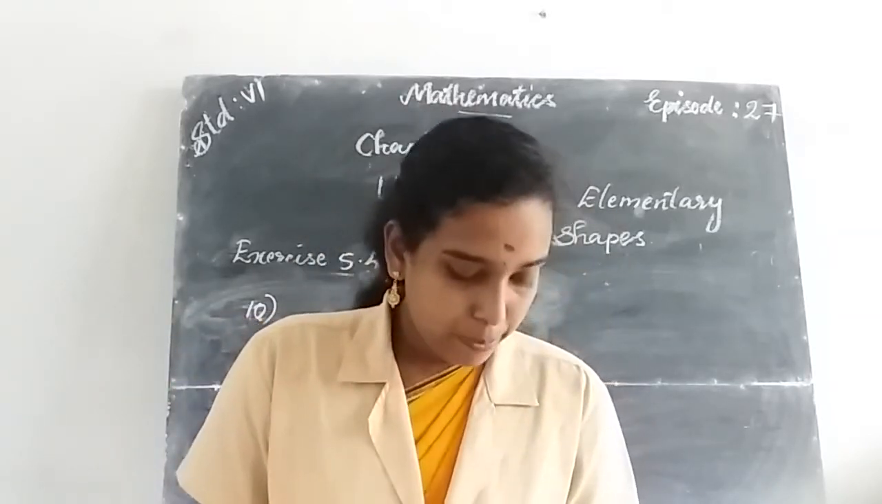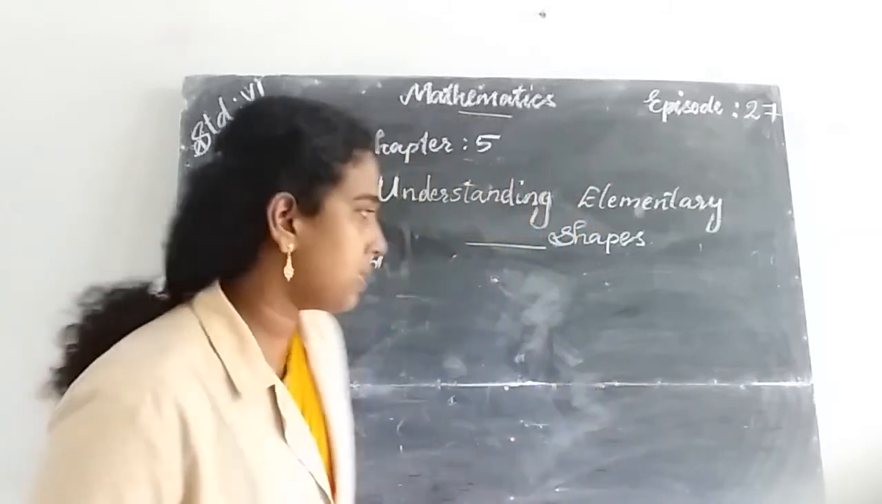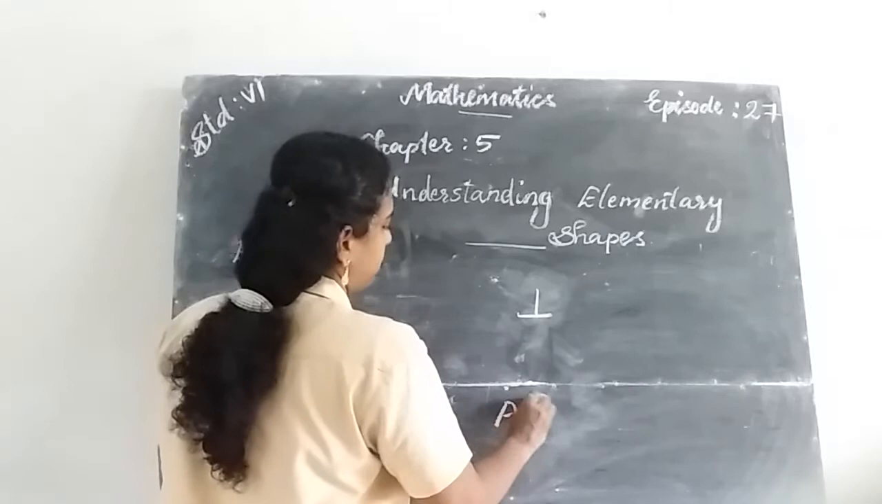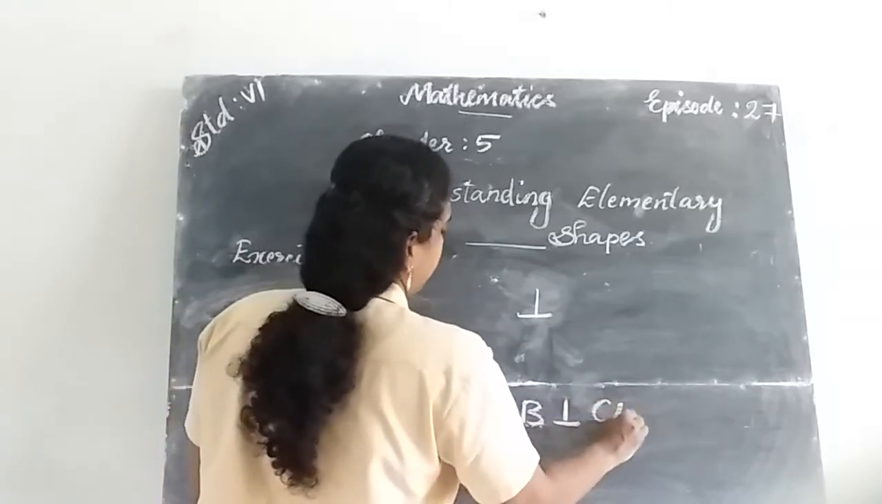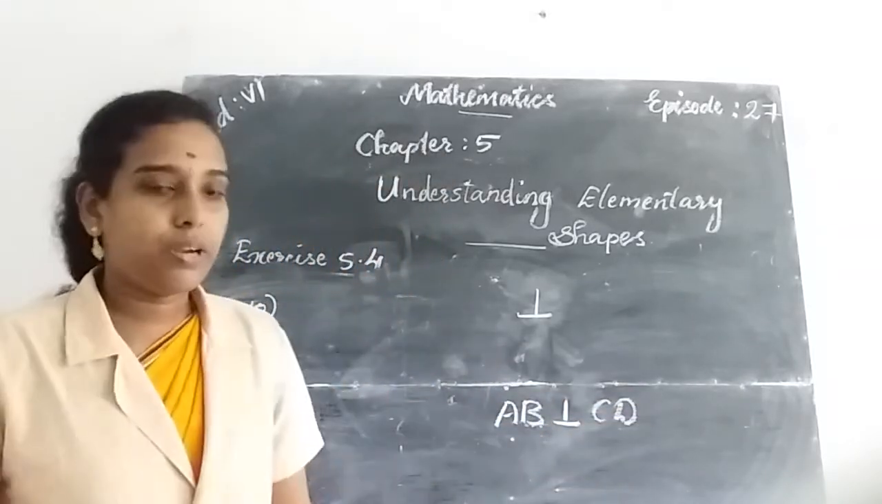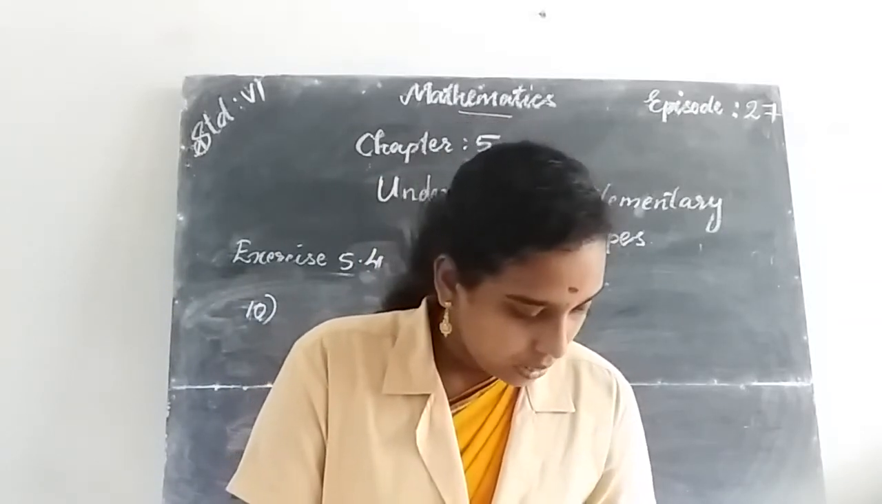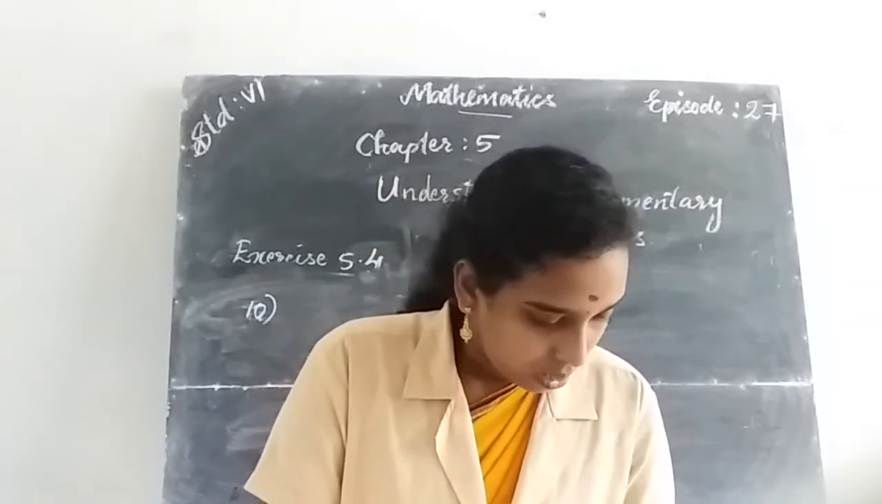Okay, so a perpendicular line is shown with a symbol like this. If AB is perpendicular to CD, then we can write AB perpendicular to CD. Okay, here the question is